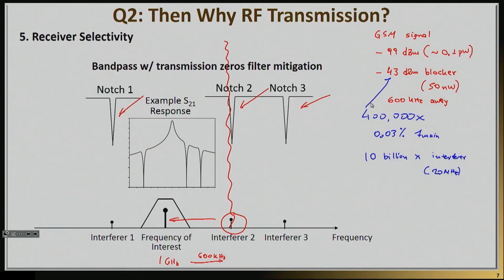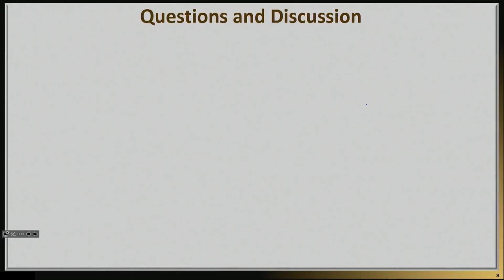A GSM receiver is practically available for free. It works in the middle of a city, not up there in the sky where everything is quiet. It works under any conditions, rain or shine, and we produce 1 billion of them per year. So that's the big difference. And so these are some of the reasons why choosing RF transmission is quite good.